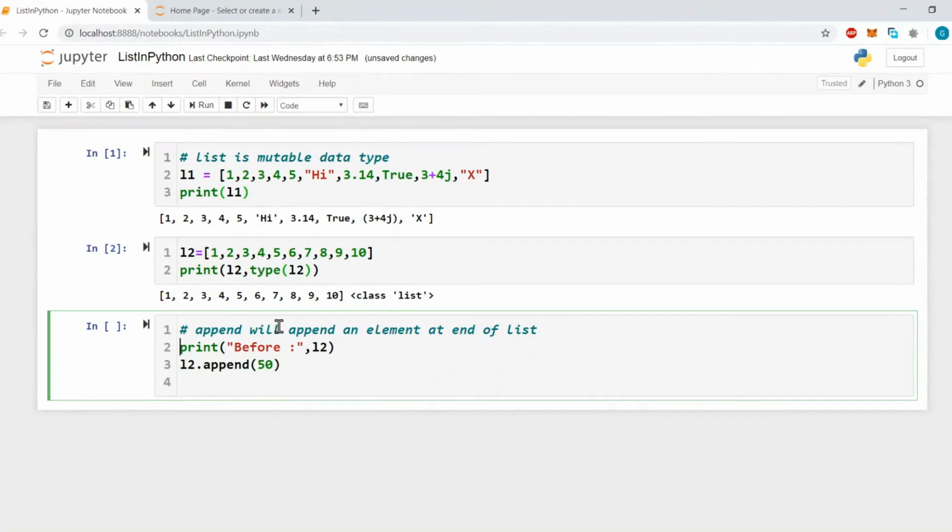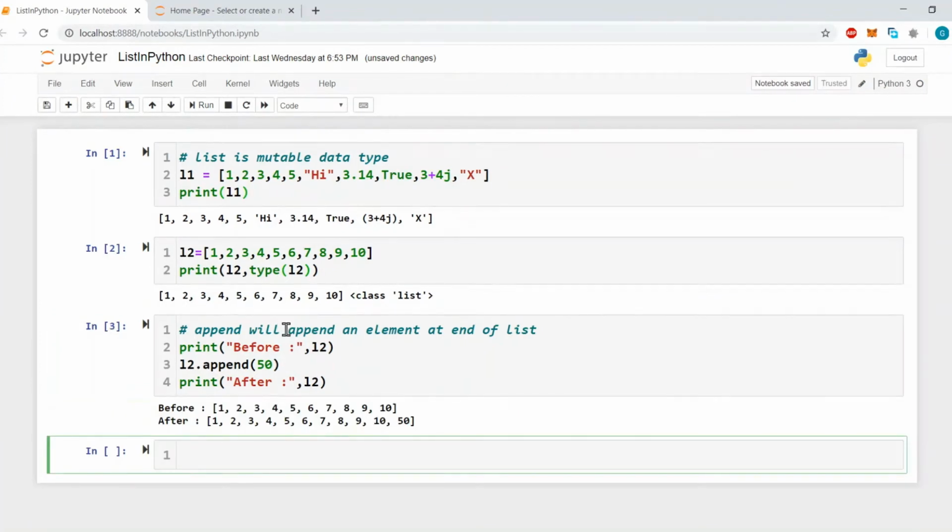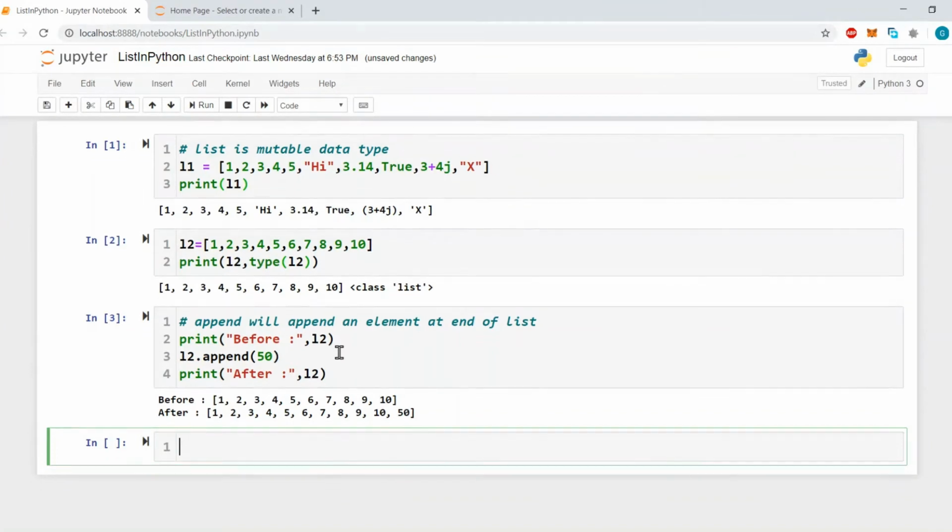Then again we will print, so we can see the change. This is before and this is after. So append will append an element at the end of the list.